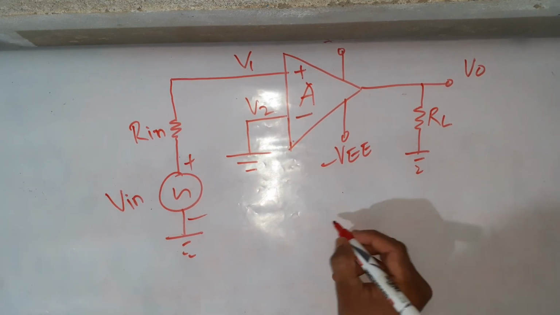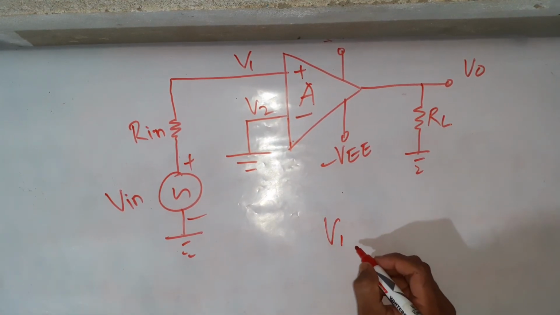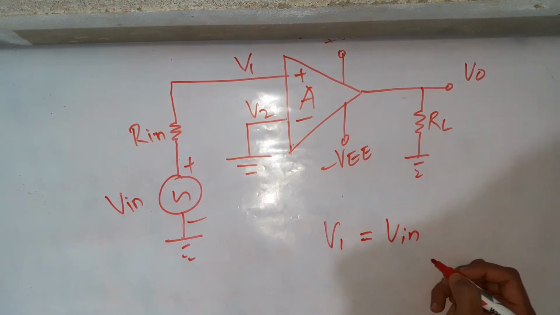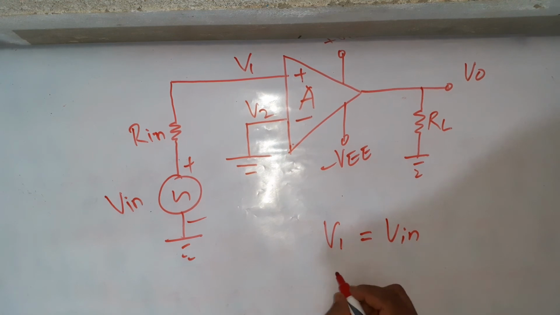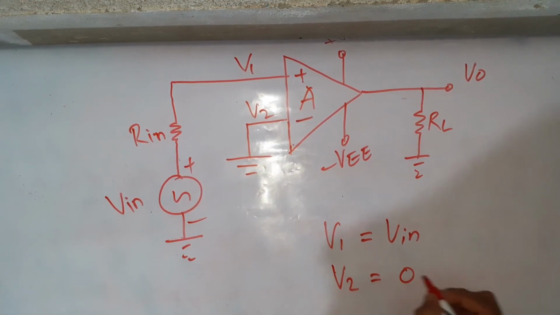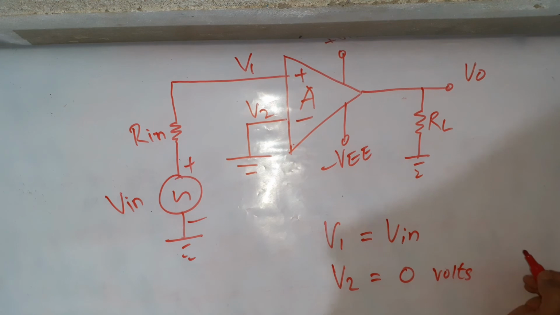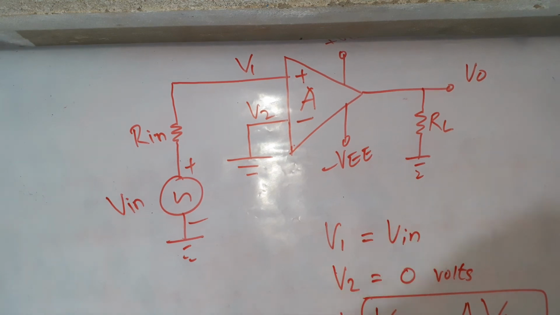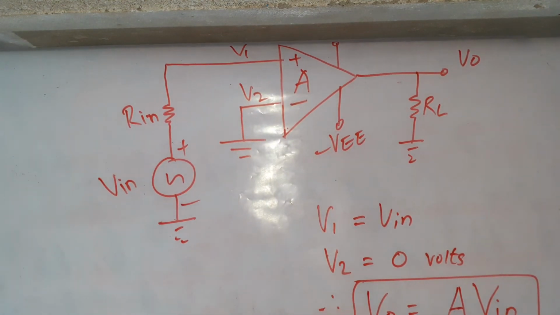Yes. So under this configuration, what is input? V1. V1 is your V in, right? V1 is our applied input voltage, V in. What is V2? V2 is 0 volts, right? It is 0. So therefore final V out is equal to the gain of the circuit multiplied with input. The only remaining input is V in, right? This is the final equation. Okay, this is the final equation.